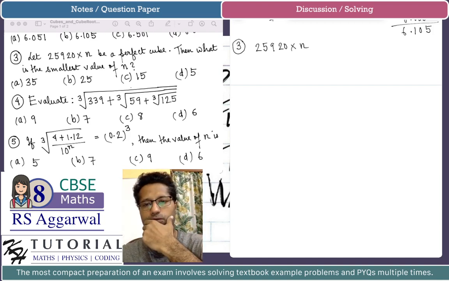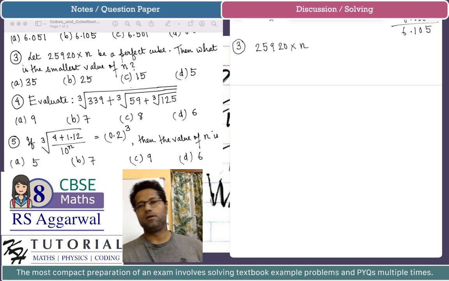Definitely the number 25920 is not a perfect cube, because if a perfect cube ends with 0, it must at least end with 3 zeros, and it should always end with a number of zeros which is a multiple of 3. So definitely 25920 is not a perfect cube. So it is asking basically what is the least number n that needs to be multiplied to 25920 to make it a perfect cube. Okay, so we have to find the prime factorization of